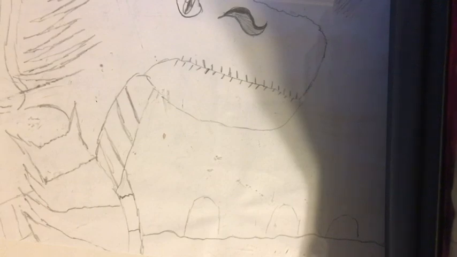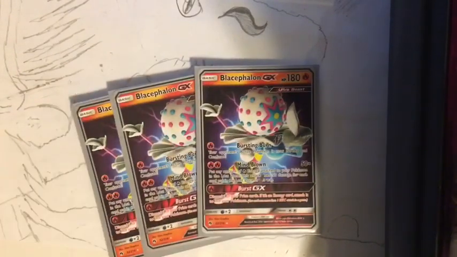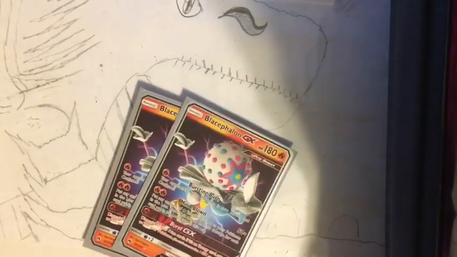So the main focus of this Blacephalon deck is, of course, Blacephalon GX. What Blacephalon GX does is it has an attack for 1 energy, Bursting Burn, and it says your opponent's active Pokemon is now burned and confused. This is an okay attack, it's good for last resort, but what you're really looking at is the Mind Blown attack. And what Mind Blown does is it allows you to